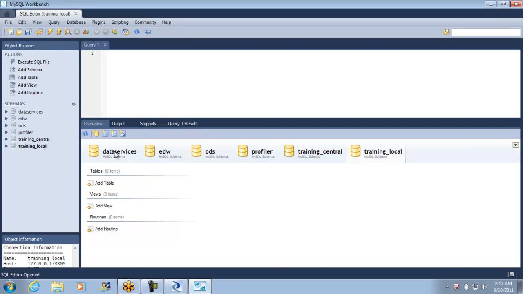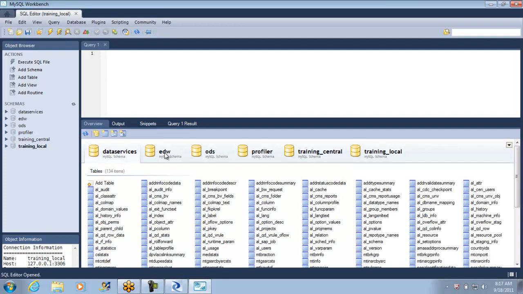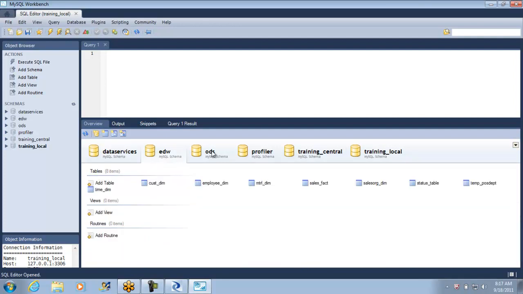So if you log in the same way, you would see only the first schema, called data services. You will have to create the EDW schema and ODS schema to start working on any jobs. These are the two basic schemas that you will have to generate yourself. The remaining you can ignore as of now. You don't need this profiler. This is only for my purpose; I have created it.